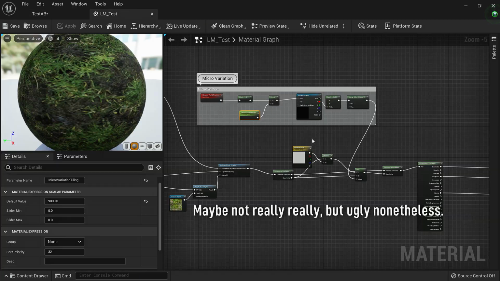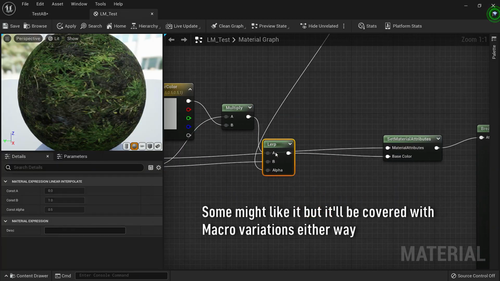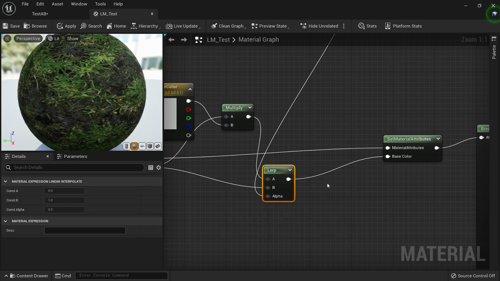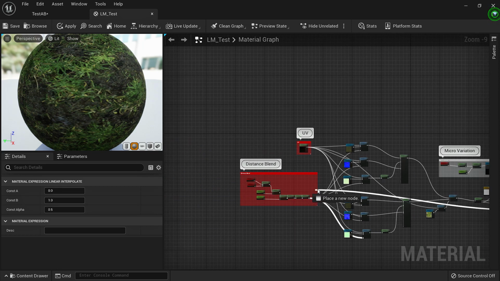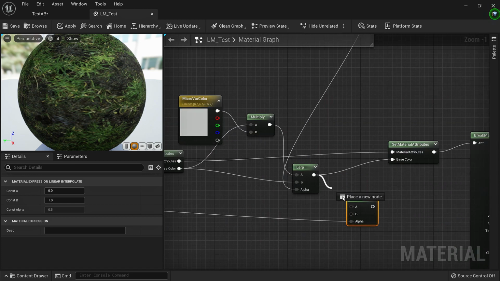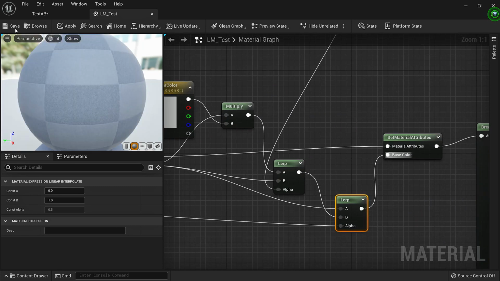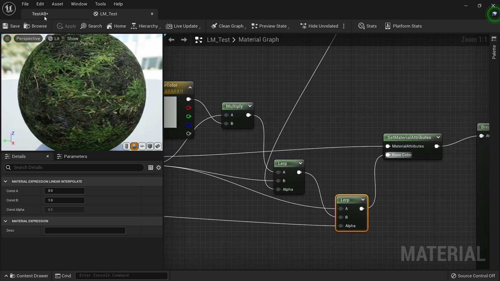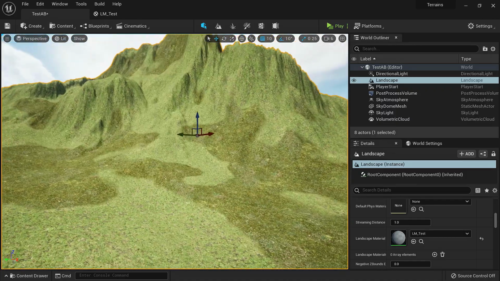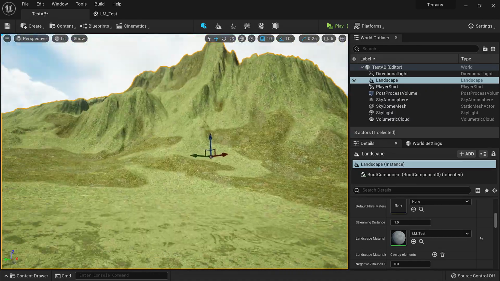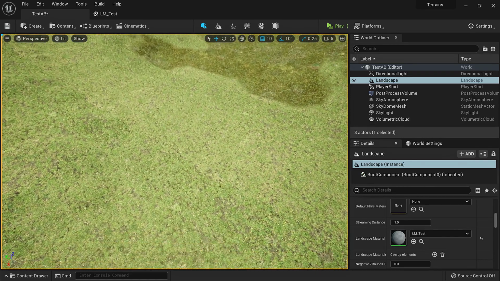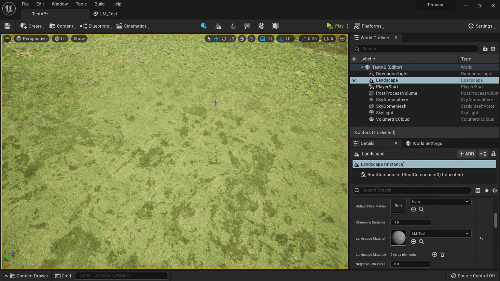So we would do a distance blending for them. We come here and take another lerp, with distance blending as the alpha. And remember, since we were using 1 minus x for our distance blending, we would put far tiling in A and near tiling in B, so we'll connect it as B. And for A, we would connect the base color which was coming from before and use that as a base color. And now if you look at that, we only get those micro variations close to the camera. So if you go far, no micro variation, and then boom, micro variation.